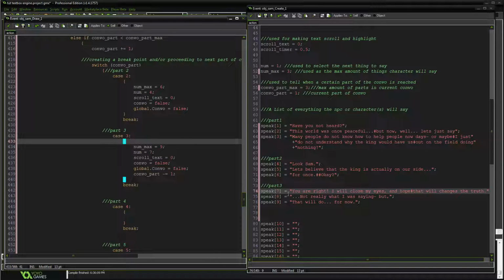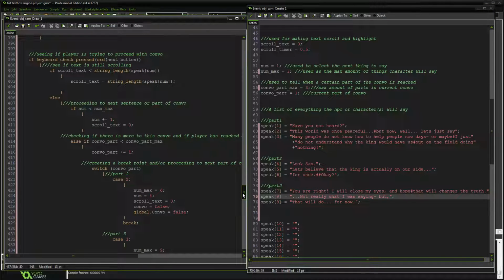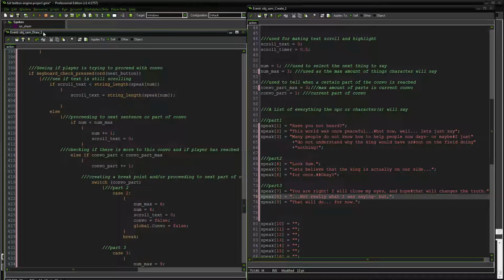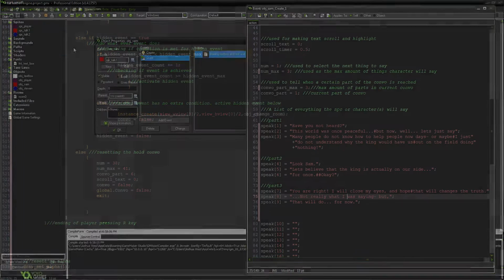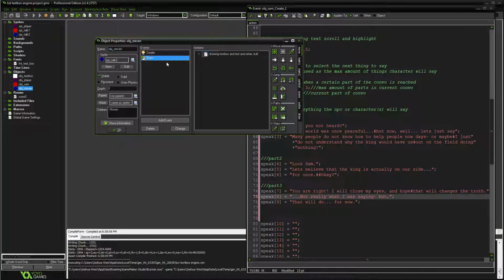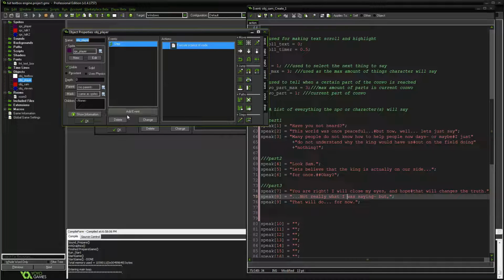So now he will always repeat, starting off from you're right. I will close my eyes, blah, blah, blah. There we have it. So let's go ahead and test this and see if it actually works correctly, right? Why not? So that's how you set everything up. Oh yeah, that's right. We have a sprite, so we need to take that off. Okay, so what I had to do is I accidentally put the keyboard functions on Steven, so I just changed it to player, just like that.